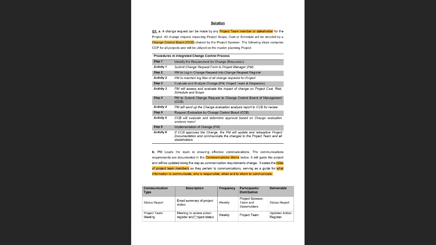The action register is basically how much of the milestones has been achieved, right? At the start of the project, before executing the project, we have some milestones and goals set up, and how much of this has been achieved and how much is left to be achieved. So this is updating those as well. You will see that the deliverable is to update the action register. This can all be weekly, and the more frequent, the better. And the participants, as I told you, this is an internal kind of meeting, so only the project team will be involved here.